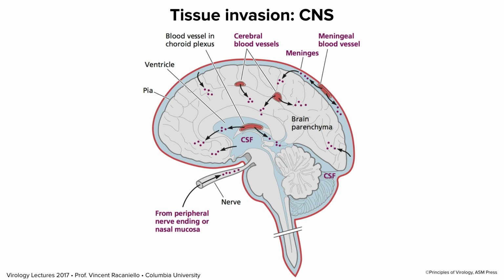All right, so this is a summary of the different ways that viruses can get into the CNS. Viruses can get in by nerve spread, as we've talked about, from peripheral nerves. They can get in through blood vessels in the cerebrum, even though they're tightly junctioned. I've told you ways that viruses can get across that. They can be in the cerebrum or in the meninges. Depending on where the virus gets in, it can cause meningitis or encephalitis. And some viruses can even get in through the cerebrospinal fluid. So there are plenty of ways. Now, amazingly, most viruses don't get into the CNS. It's really well protected. But the ones that do cause a lot of damage, and we're going to be talking about some of those later on.